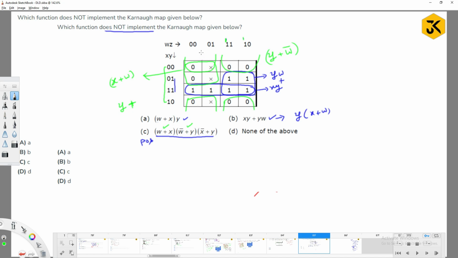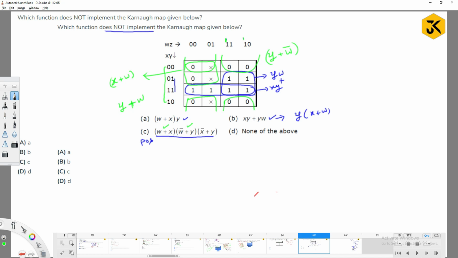So if you observe, w is not changing. When w is not changing, I can say that it will be w. And on x-axis, see,